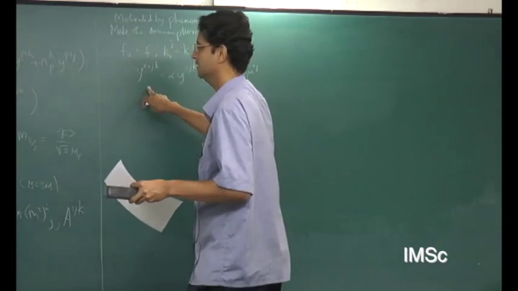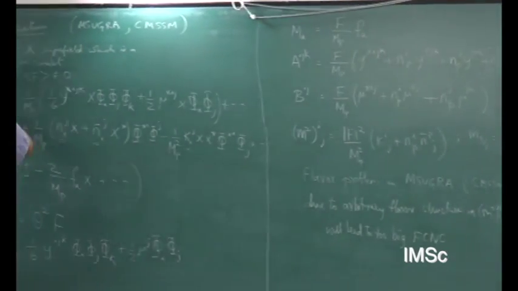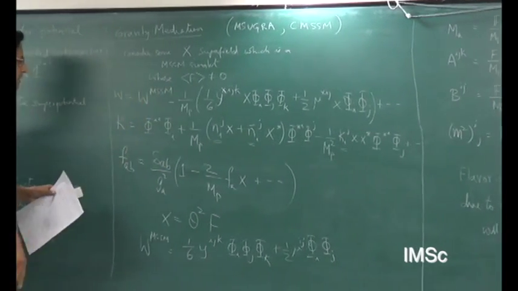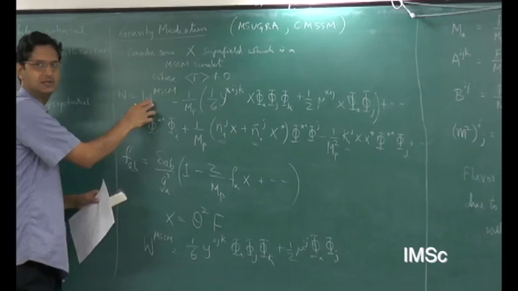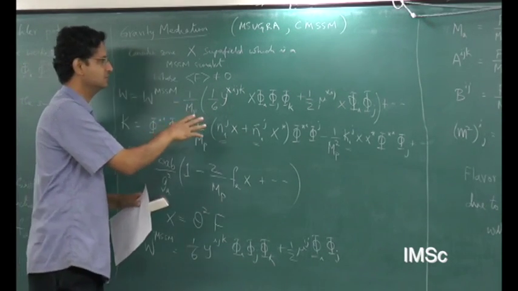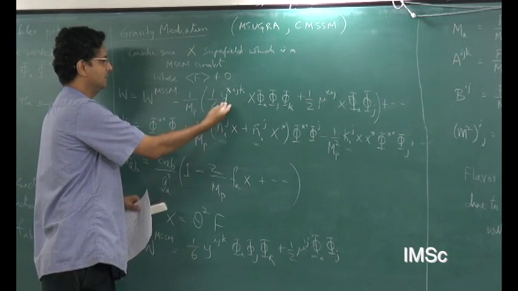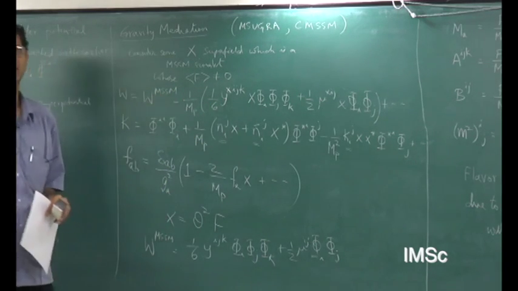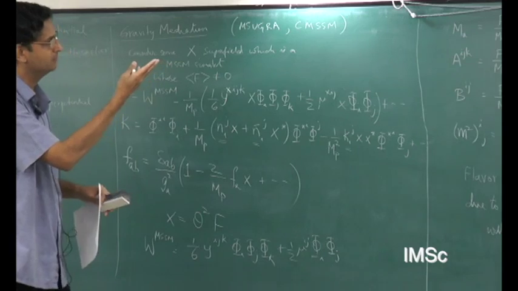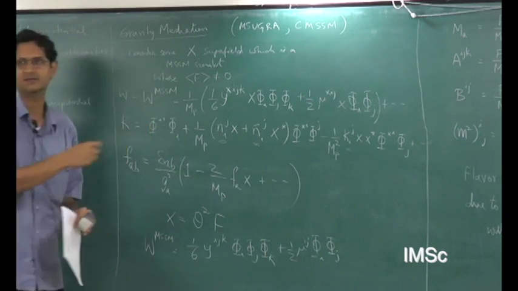So this is just relating these things to the MSSM. The Yijk we wrote down last time, probably I wrote it as lambda, was just the Yukawa couplings in the MSSM, right? So the cubic terms. You just make the ad hoc assumption that whatever these are will be related to whatever is in the MSSM. Same thing with the mu, it should be related to the mu ij which was in the MSSM.